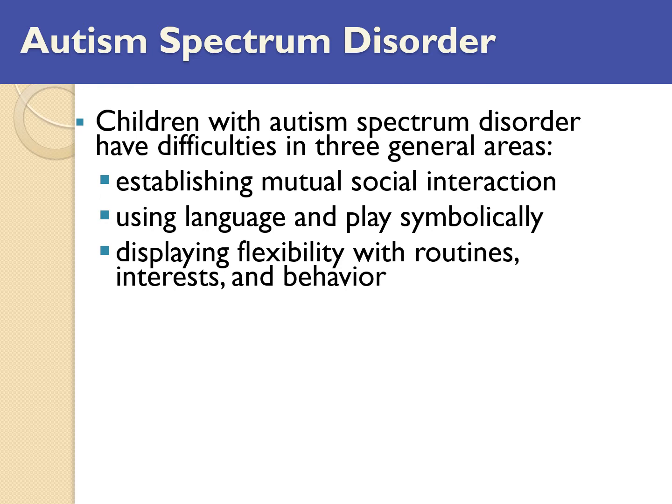Now, there are three main things that this book goes over for autism spectrum disorder, the three general areas of difficulties. One is mutual interaction, correct social interaction. We find that these children don't interact the same as other children do. Sometimes they don't interact as well. Sometimes they just want to be alone and not even talk to others or recognize that others even exist. Sometimes they socially interact too much and too close. You know, that social bubble, they break that. Language and playing symbolically tend to not happen the way it typically does for other children.